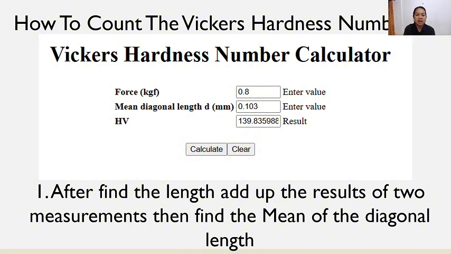In this case, I already added the two measurement results, and after I divide by 2, I got 0.103, and the force is 0.8 kgf. So the result is 139.83.